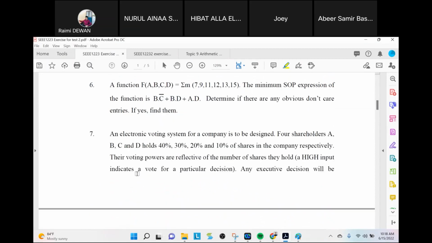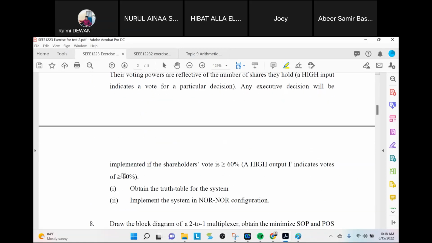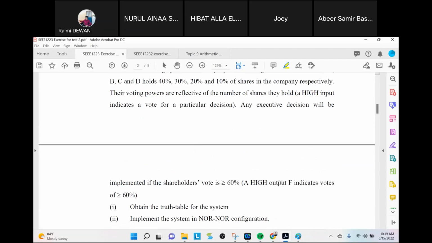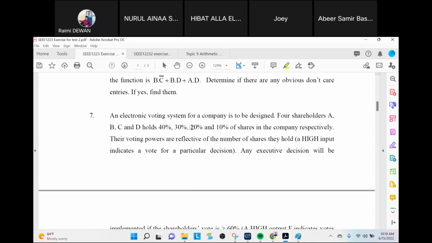So for example, if this one and this one vote for it, then we go for this one because it is already more than 60%. And then let's say this one 40%, 20% means it's already more than or equal to 60%. So you can see this one, okay? If a high output, F indicates vote of 60%. So you have